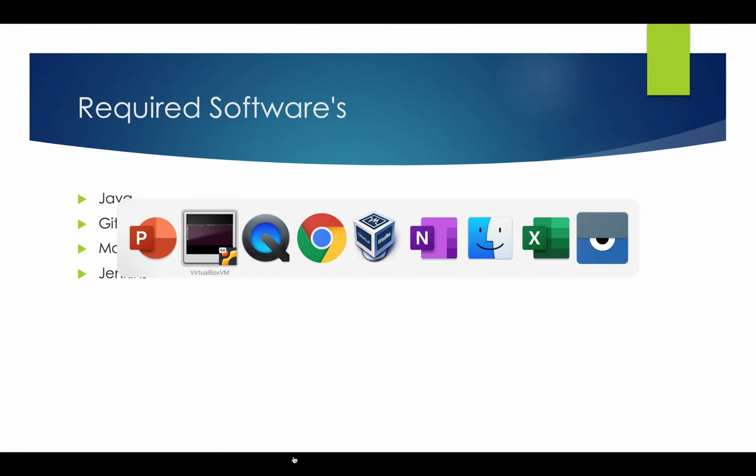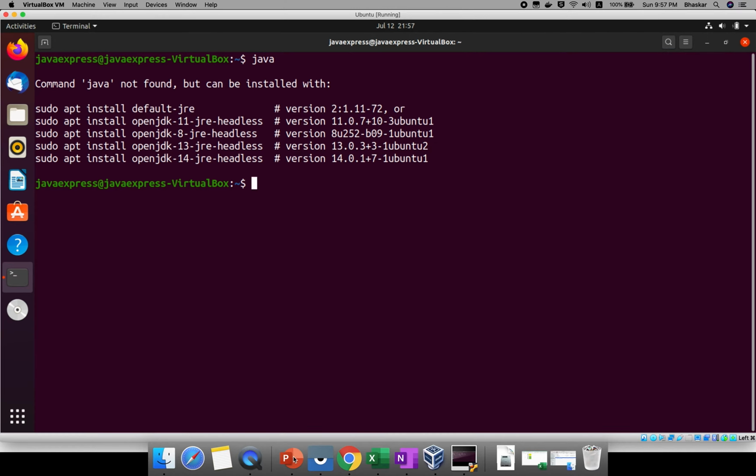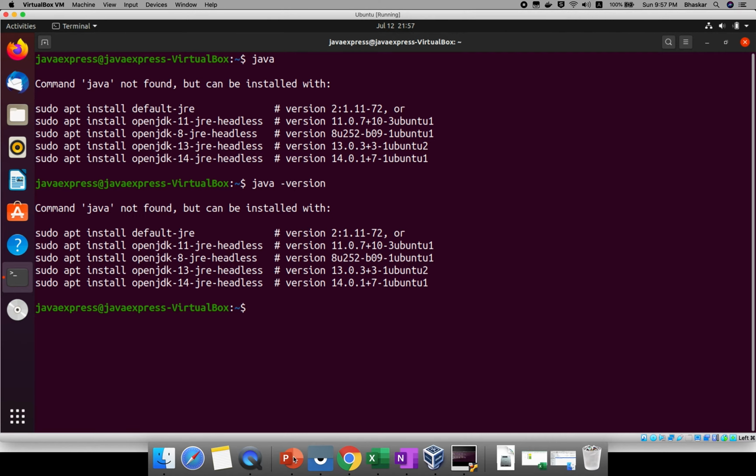Just let me open the Ubuntu machine. If you type java, you see Java not found. To check whether Java is really installed or not, type java hyphen version. Right now Java is not installed.